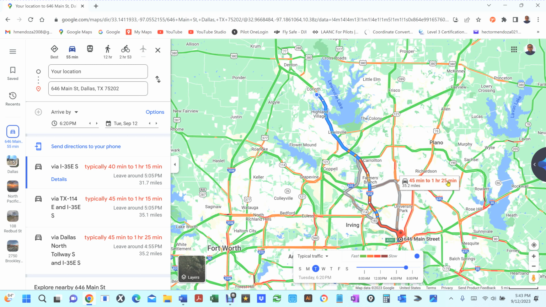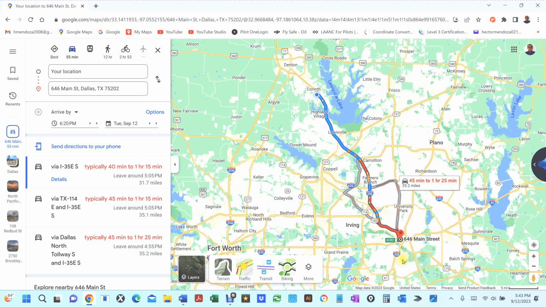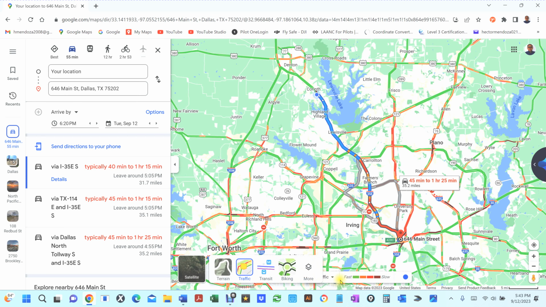Let's go ahead and plan it where there's not a lot of traffic. So there's this little thing called typical here. First, if I click here and click off of traffic, there's this little thing that disappears, right? But if you go back and you click on traffic, all of a sudden you're going to get this extra little information here. So what I'm going to do is click on this down arrow and